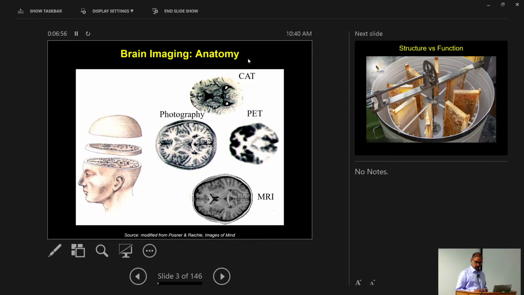So CAT scan and MRI are what is called structural images, right? We are acquiring a 3D data set, while with PET scan, it's more like a functional or a metabolic